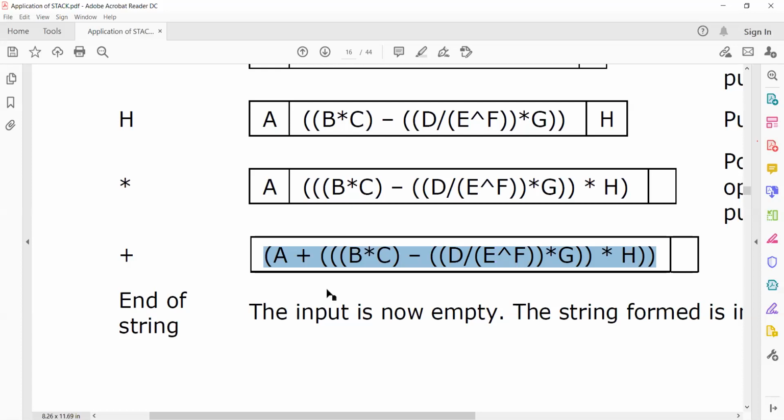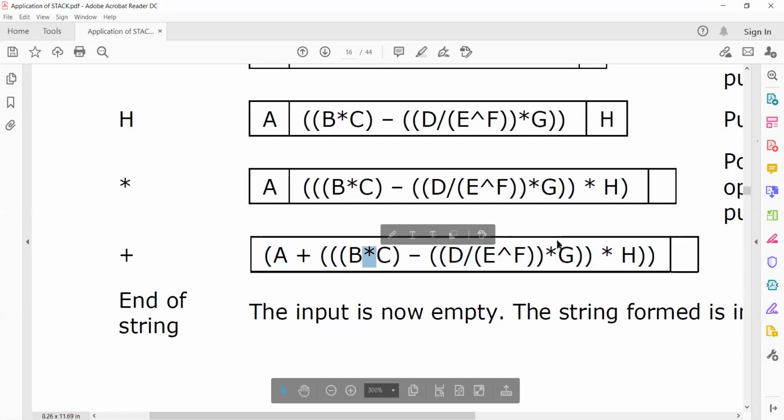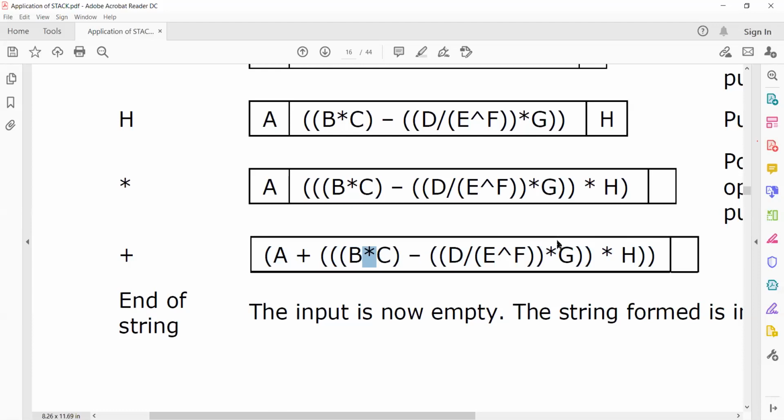What is the expression? Infix expression. Why am I saying infix? The operators are placed between the operands. Why not after multiplication? One second. Why are we taking minus? I can't understand the question.